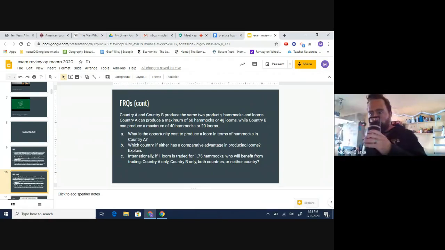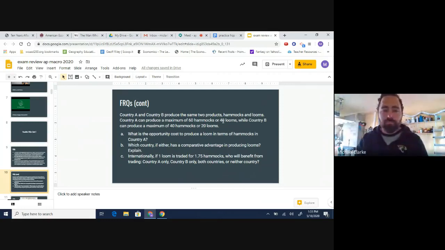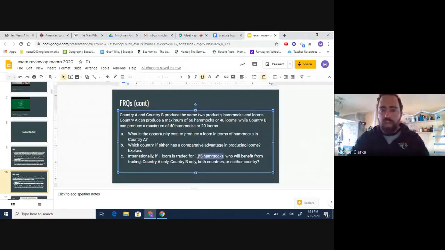Final question, part C. It says internationally, if one loom is traded for 1.75 hammocks, who will benefit from trading? Country A only, country B only, both countries, or neither country? And so what you have to do here is you're looking just at hammocks. And so countries are going to be giving up 1 3/4 of the hammocks. What you want to do,